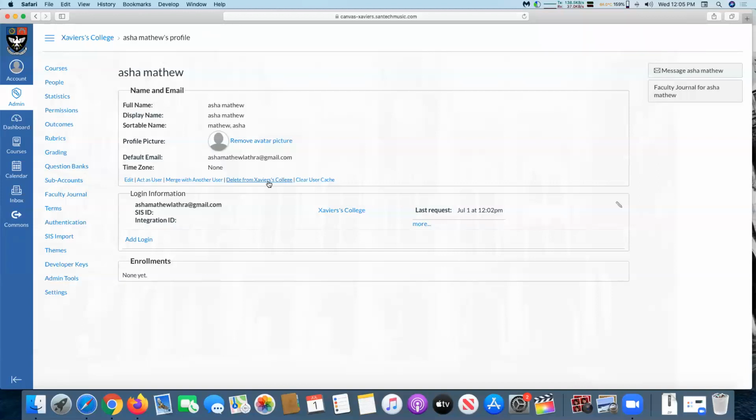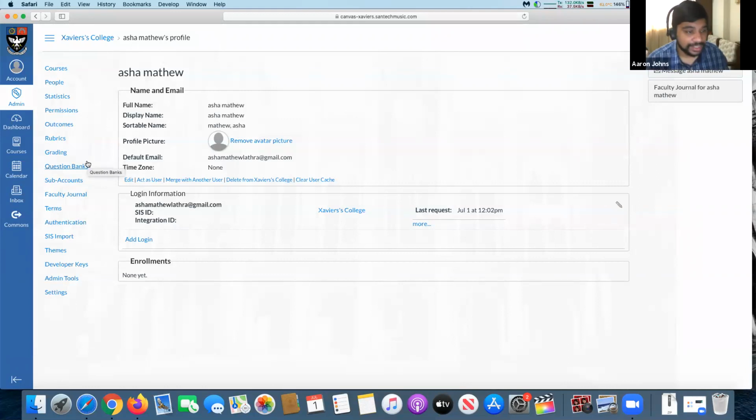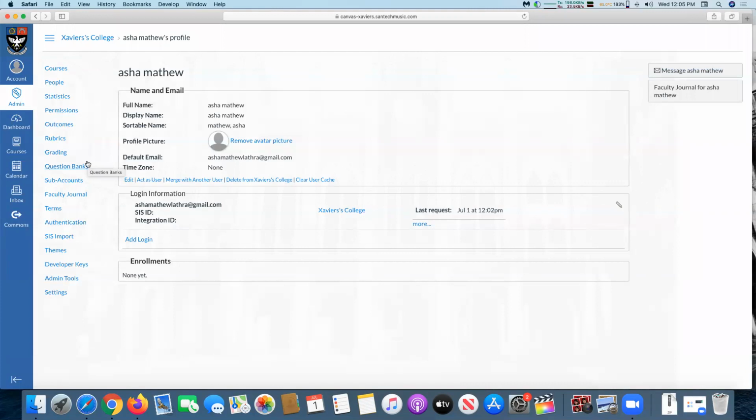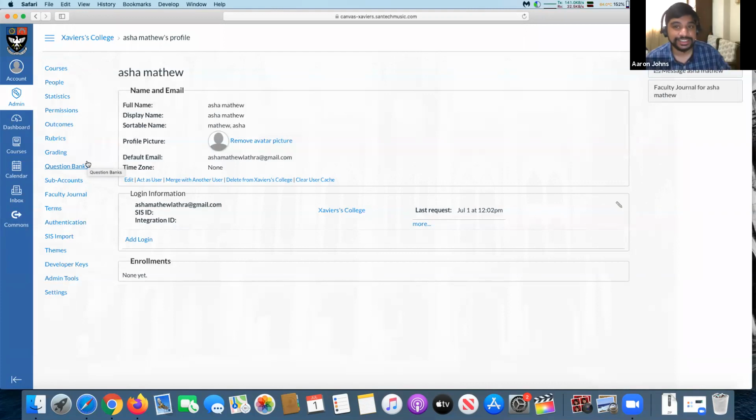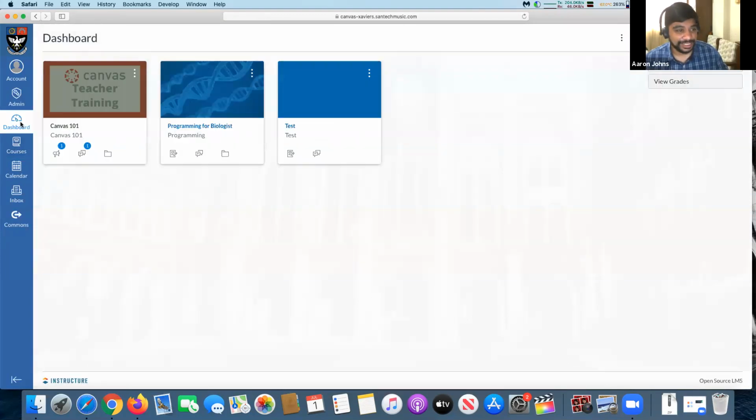But what about the things which she has uploaded? For example, she's taking some course and many things are uploaded on the Canvas platform. As she is exiting, will all her saved things also get deleted? Well, it doesn't mean you delete her things also, but you can still archive. There is a way to archive it. So whenever she's done with the course, you have to archive the course.